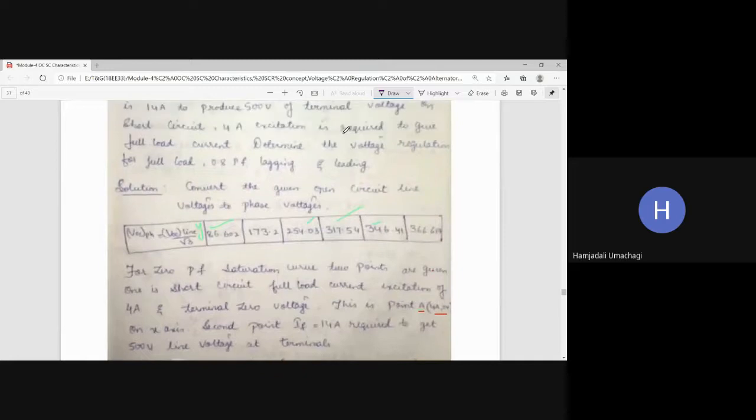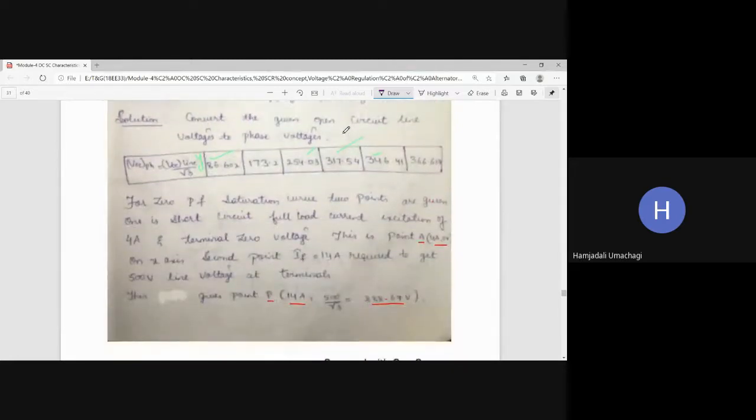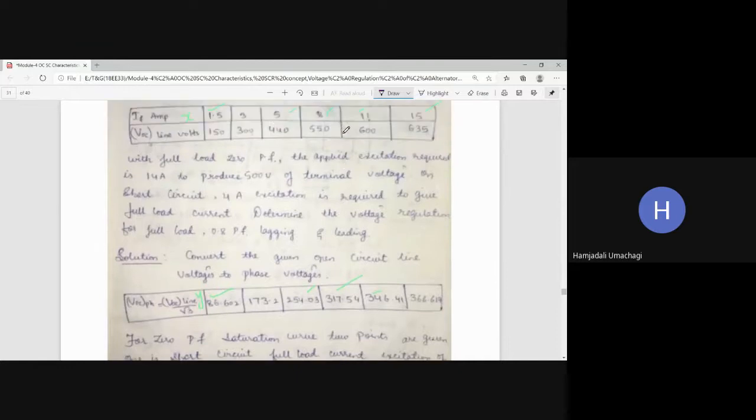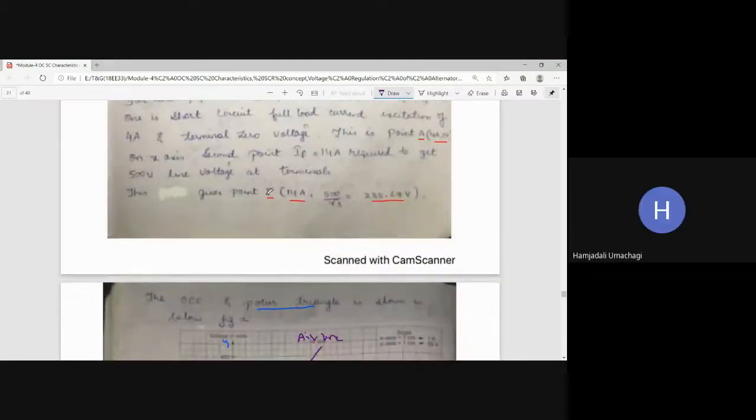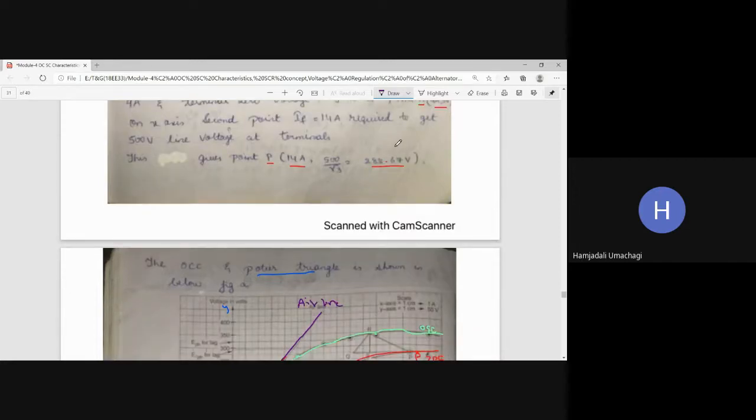And now what is the rated voltage here? For 14 amps excitation, how much voltage are you getting? For 14 amps, 288.67, right? Yes, sir. Okay, so now what you can do is, for this rated voltage 288.67,